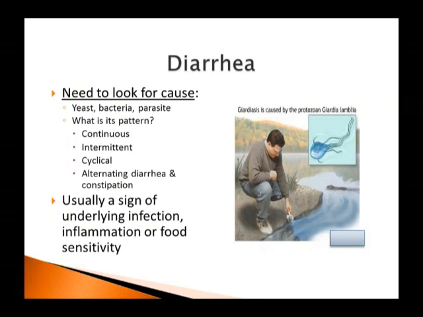If your child has continuous diarrhea or loose stools, it's probably some underlying problem of inflammation, okay, or an infection. If it's intermittent, meaning it just periodically occurs and there's no rhyme or reason to it, then it's likely food-related, like a food allergy. If it's cyclical, okay, occurs on a 7 to 10 day cycle or so, happens for